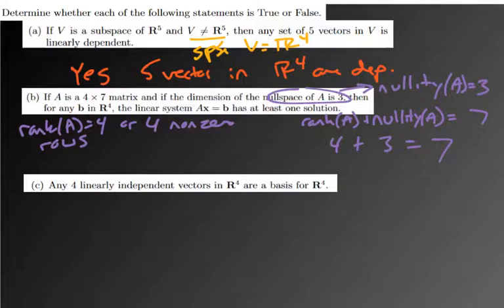And so there has to be a solution, if you start with a vector in R4, because there are some non-zero rows, and it goes back to the idea of